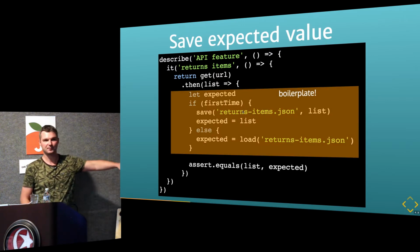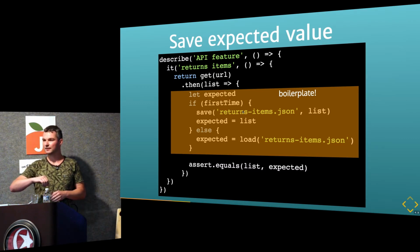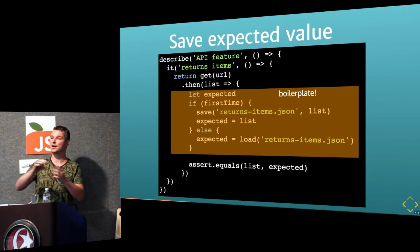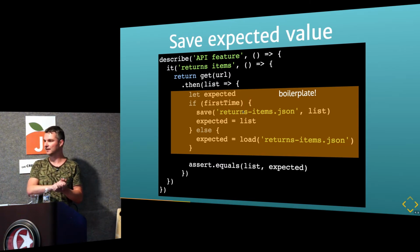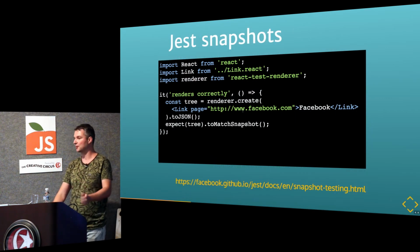But all of that is boilerplate code. Kind of grabbing the result. Do I have it saved? No. Save it for future reference. Oh, I have it. Compare it to what I got just now. It's all boilerplate code. So Jest, a test runner from Facebook,